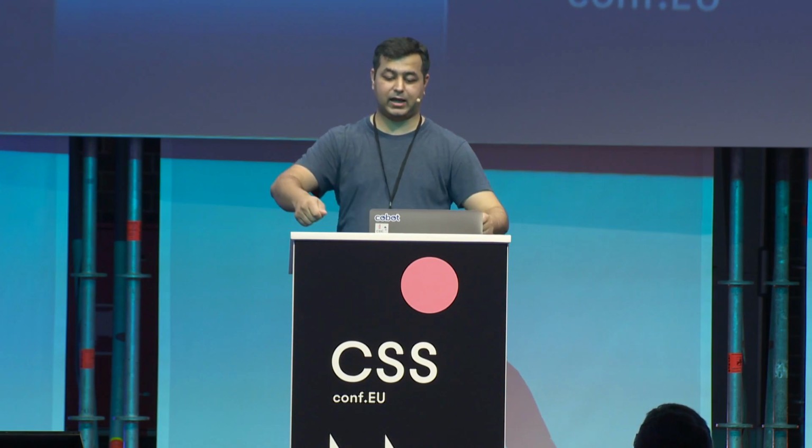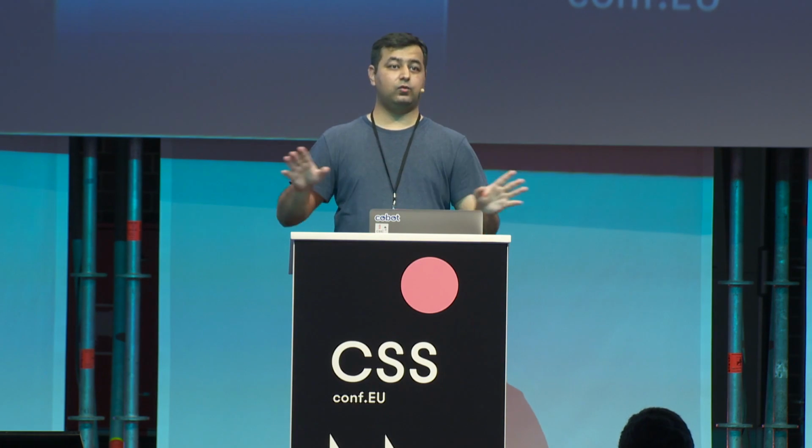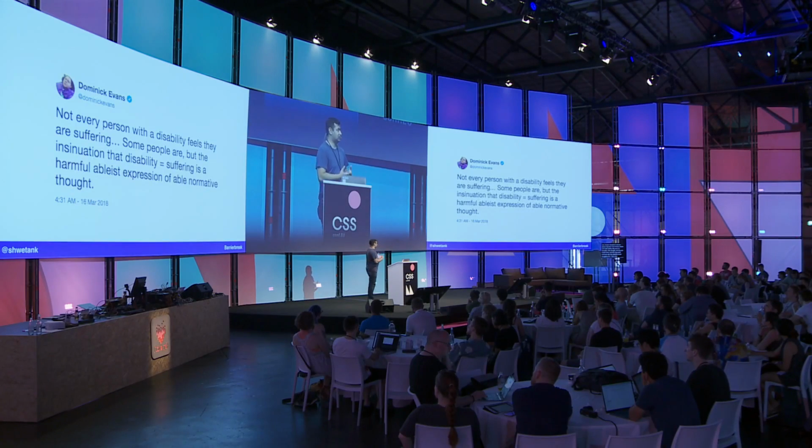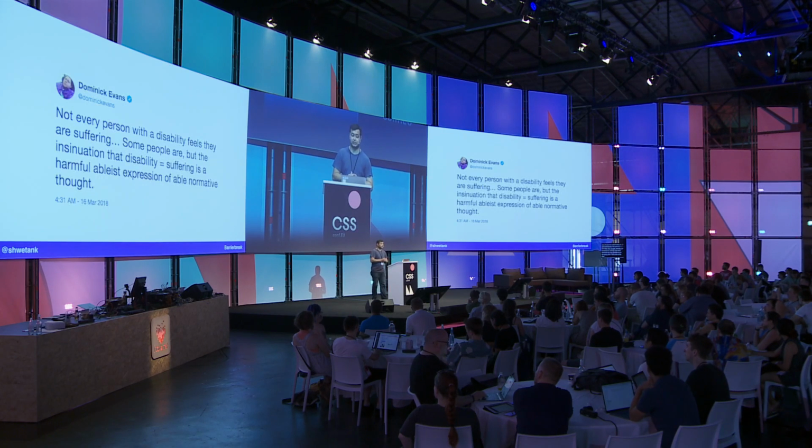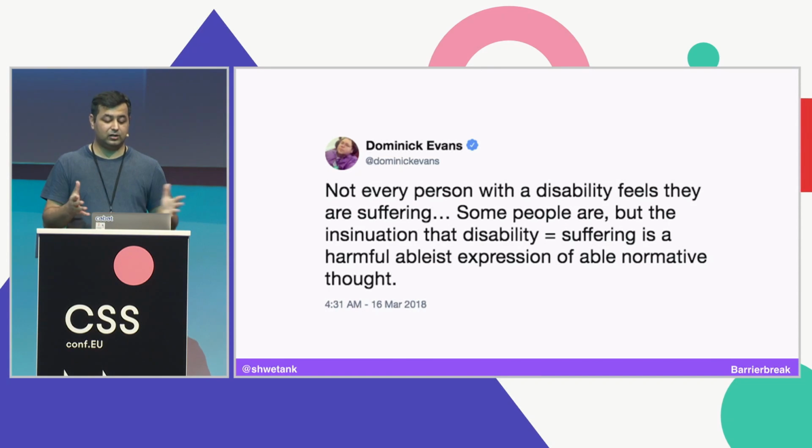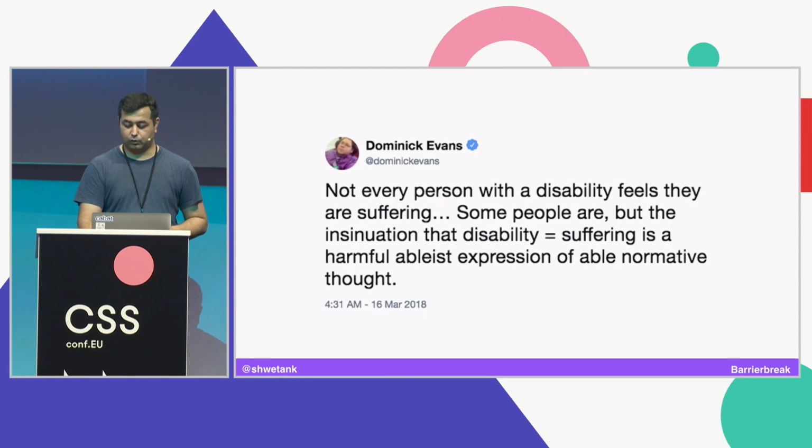A lot of times, people who are able-bodied put on a simulator, they struggle, and then they put it back down, and they think that everyone with that disability is just struggling 24/7. That's also wrong. This is a tweet which says, not every person with a disability feels they're suffering. Some people are, yes, but the insinuation that disability is equal to suffering is a harmful ableist expression of able-normative thought, which is true. So when it comes to empathy,